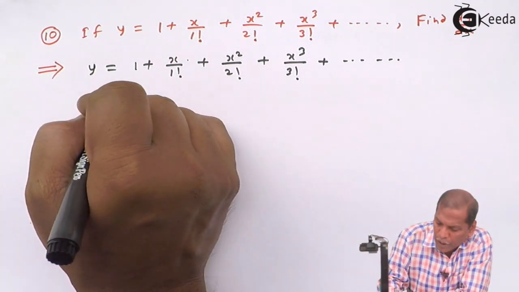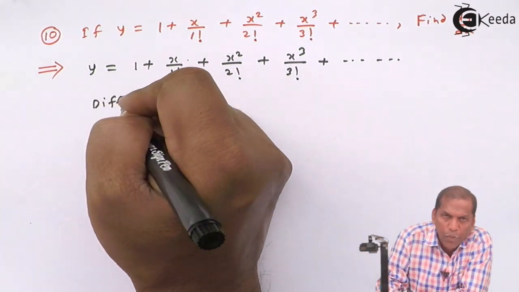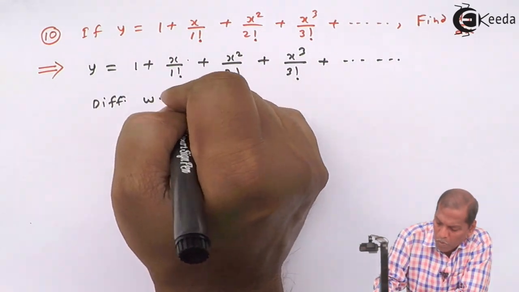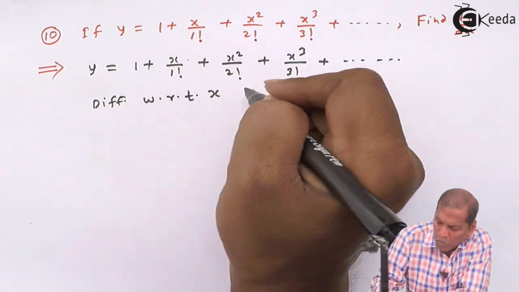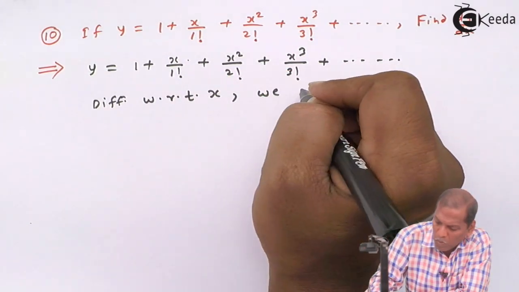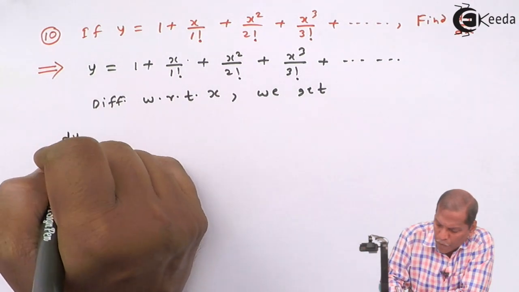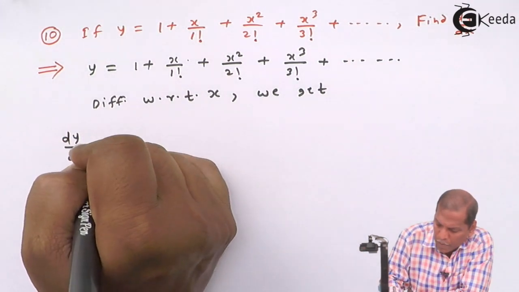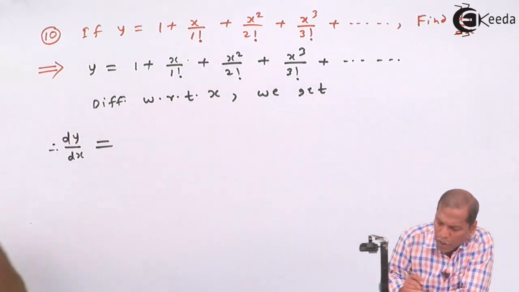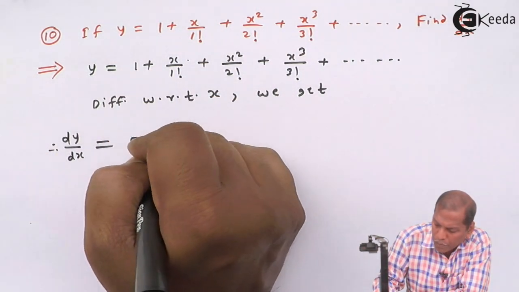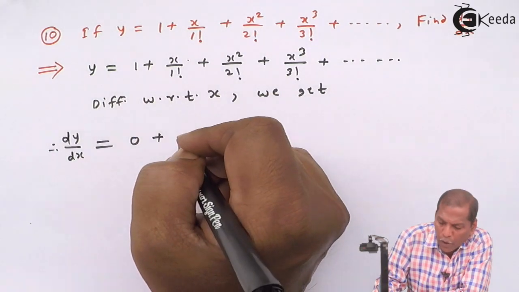Now differentiating this function with respect to x, we get the derivative of y, dy by dx, is equal to the derivative of 1, which is 0, plus the derivative of x